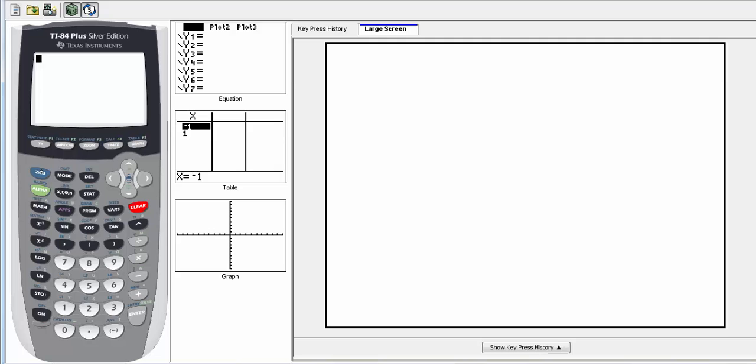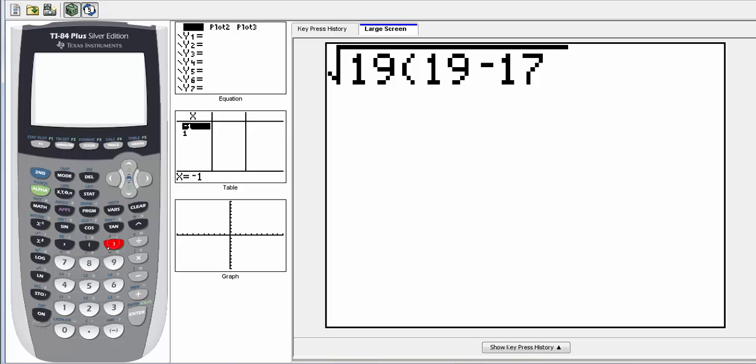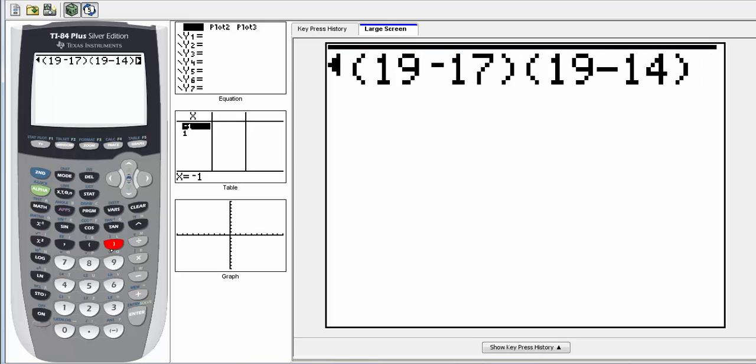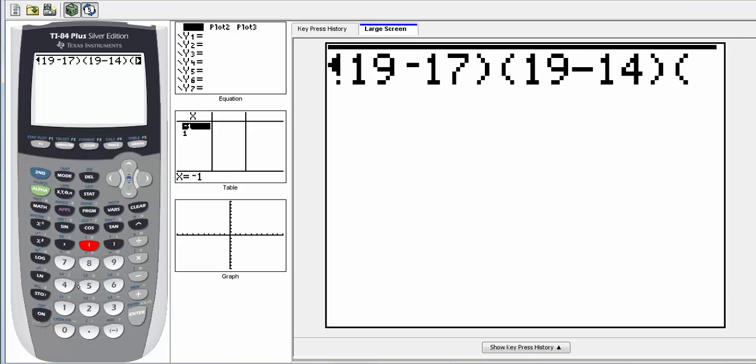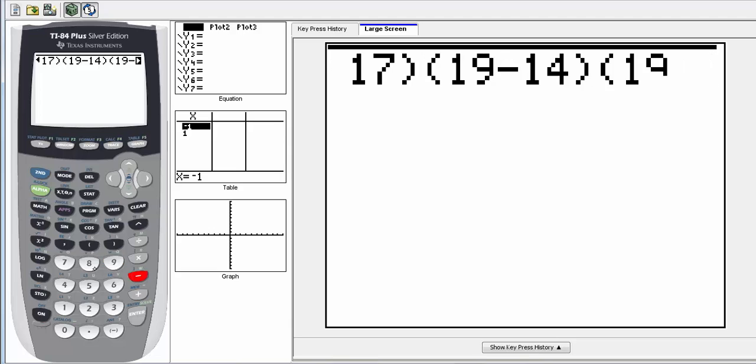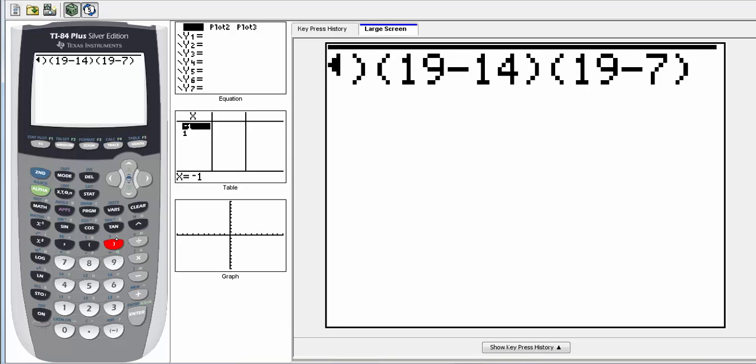And if we do it all at one time, we could go second square root, and depending on the calculator, you might need to put your parentheses, but we would have 19, and then we're going to multiply this by 19 minus 17 multiplied by 19 minus 14, and then that's going to be multiplied by 19 minus 7. And if we hit enter,